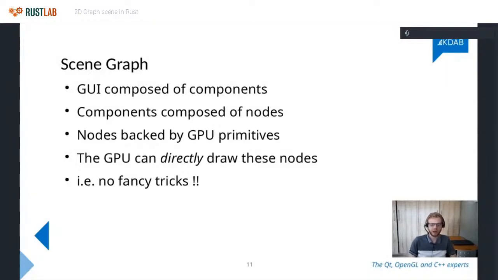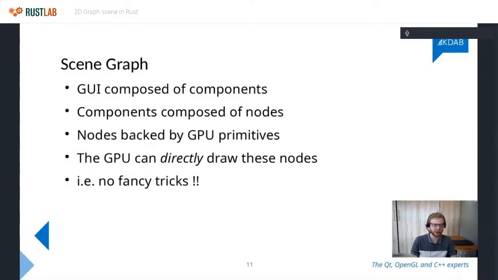An example of a node is a rectangle, for instance. When you define a node, you need to define what triangles you need to draw it, what shaders you are going to run, what indices and what vertices you are going to give it. So the point is that the GPU can directly draw these nodes. There are no fancy tricks involved.